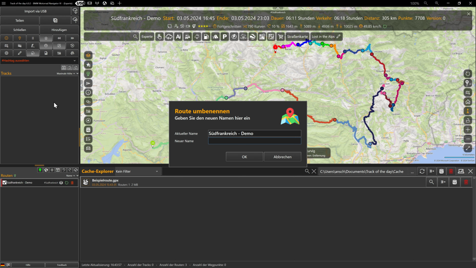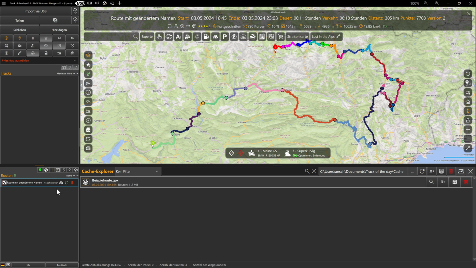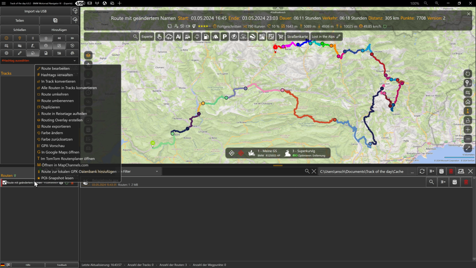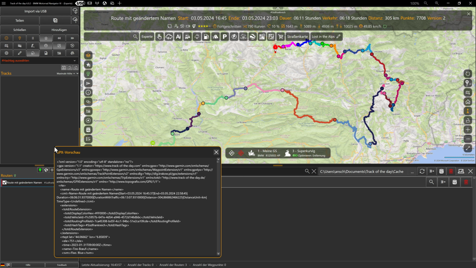Now we give the route a new name and open the preview again. The new name will now be displayed.